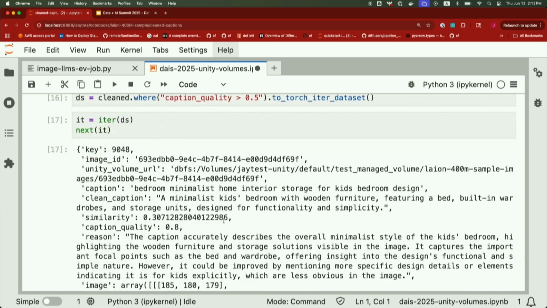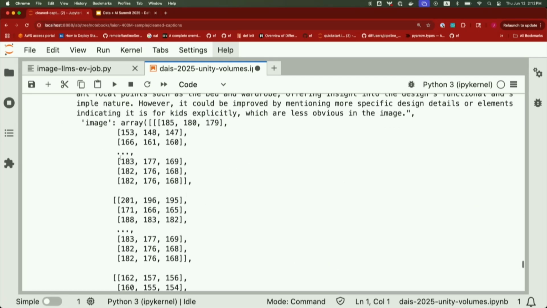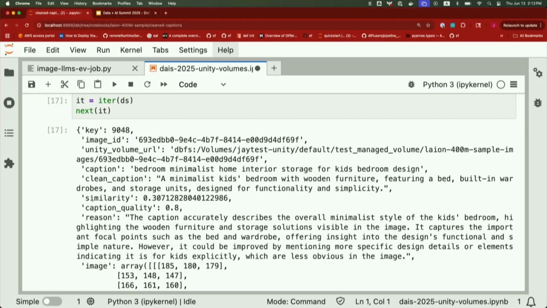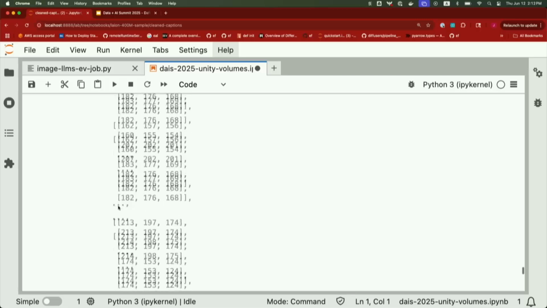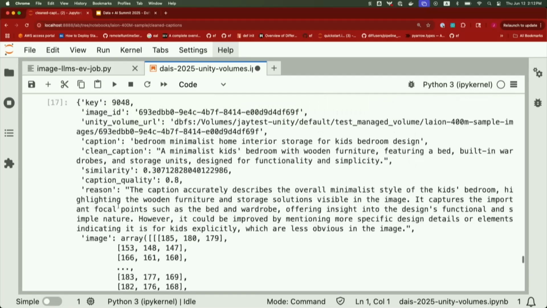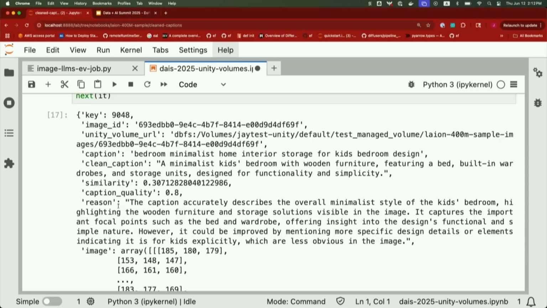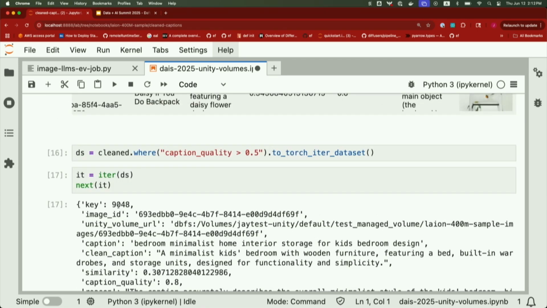Daft will run this in a pipeline fashion and feed you data just by iterating on it, and now you get all of your data here, along with the metadata, right? That's the reason, caption, and this is the stuff that you will use to feed into your GPUs and your model training downstream. That was the end-to-end use case, right? Now you have a multimodal data lake, and you're loading from it natively into Python and PyTorch.